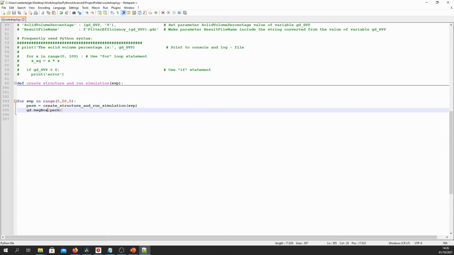So for each iteration of this for loop with a different SVP value, our function is called, the corresponding permeability is obtained, and that permeability is then displayed on the screen.